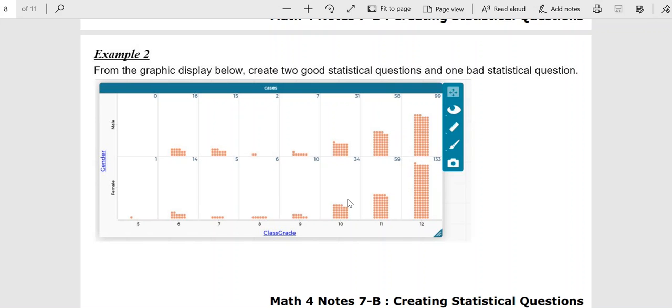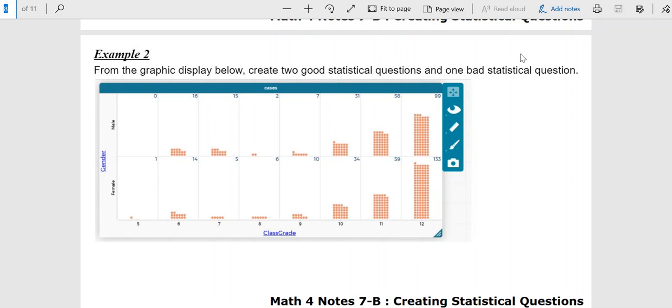Yes, there's the pattern that as you get to the older grades, you have more participation. Now, one thing that when I looked at the numbers, I started noticing that for about the last 4 or 5 grades, the females were more than the males. But about the time you got to the 8th grade and you went under the 6th and 7th grade, there were more males than females. And so perhaps a good question here,